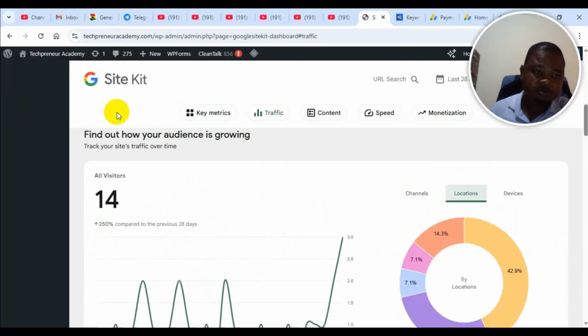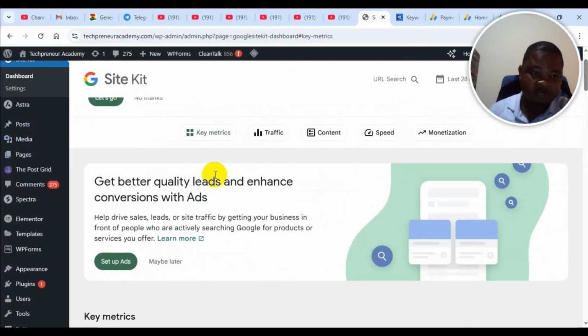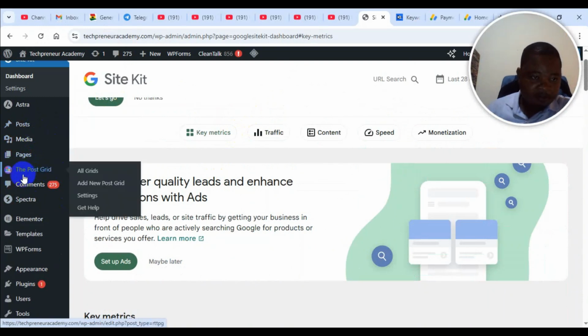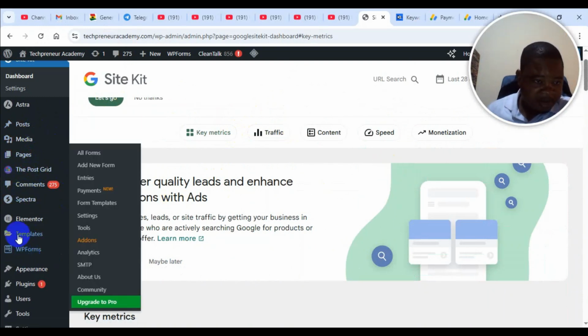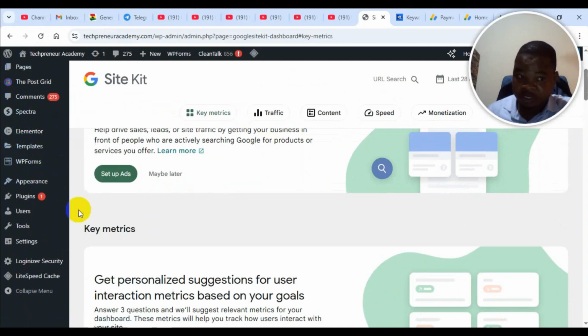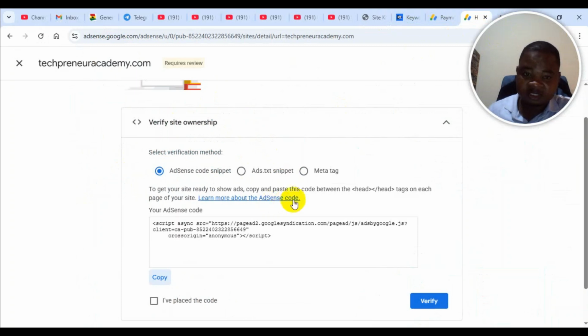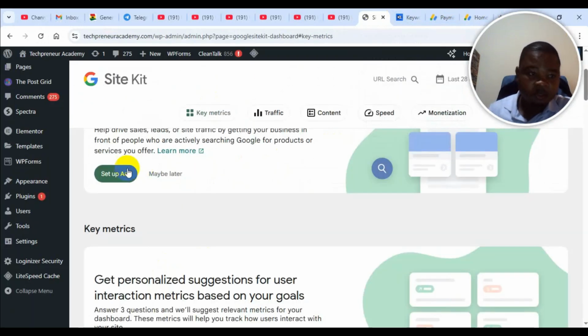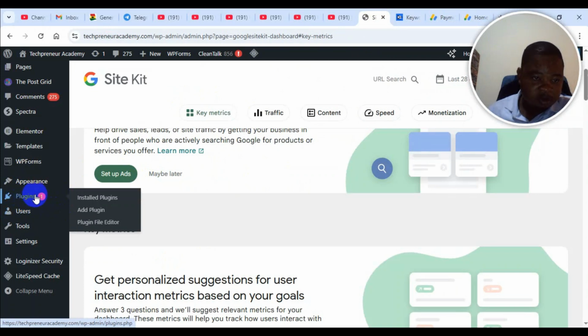Okay, so try to install the Site Kit plugin. So you come, and now I'm continuing to the code installation, this particular AdSense installation, this code that I copied. I'm continuing that installation now. Okay, so you come to the plugins and then click on add plugin,